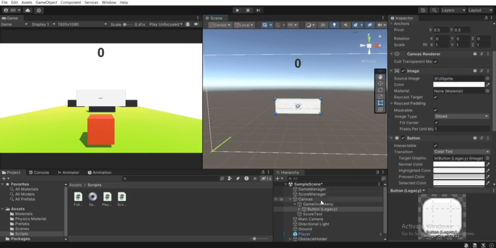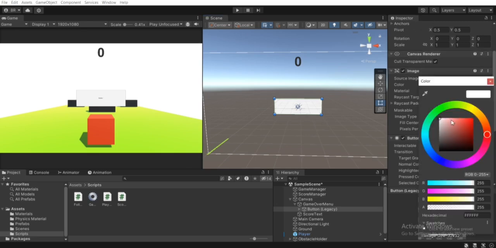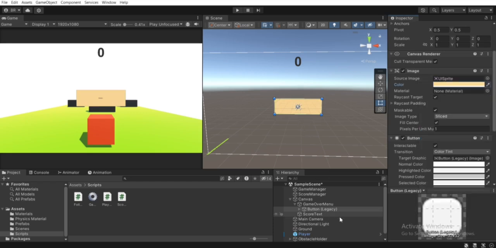So what I'm gonna do, I'm gonna make the color of this button something different. Okay, so let's select this button, go over to image component inspector, and let's choose another color, something like yellow, I guess. It's totally up to you what color you want. Okay, so something like this, I guess. Okay, so this seems pretty good, and once you are fine with the color,